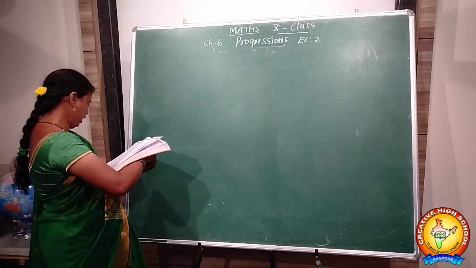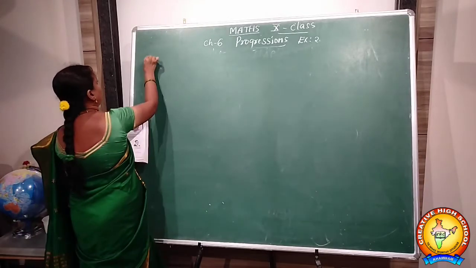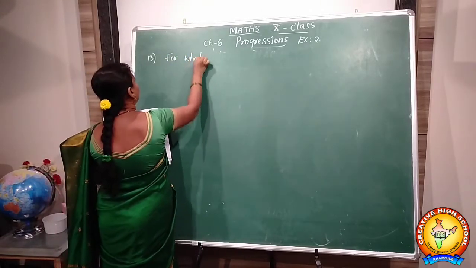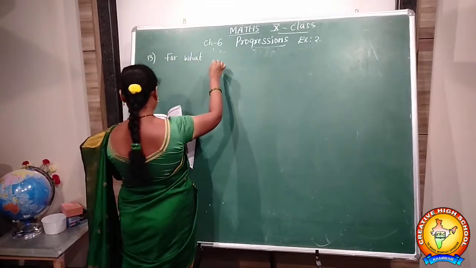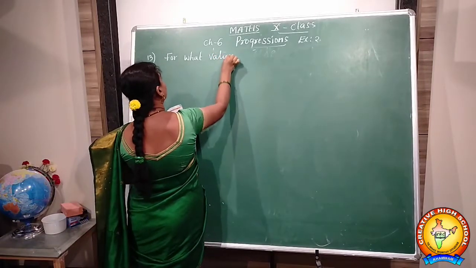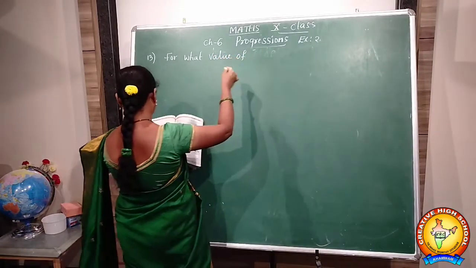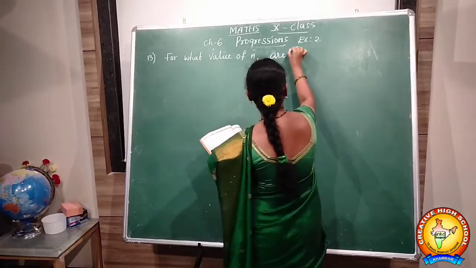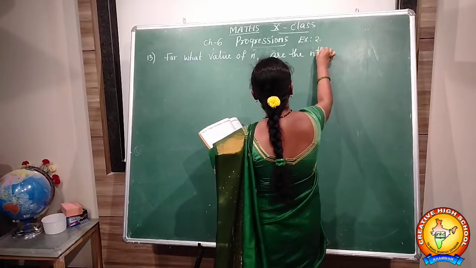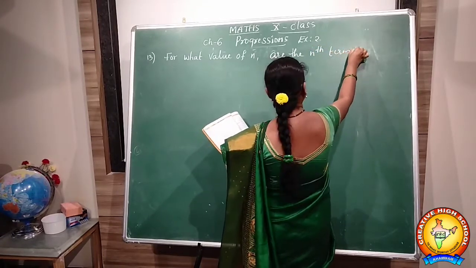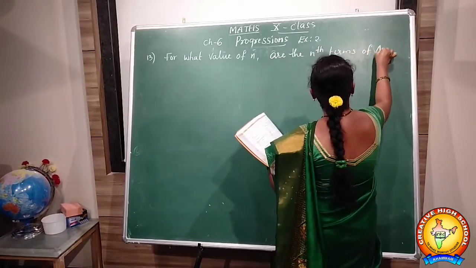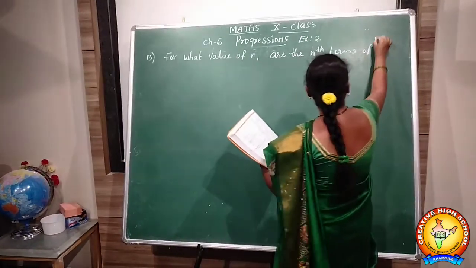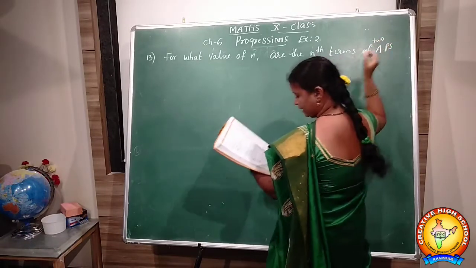For what value of n is the nth term of two APs